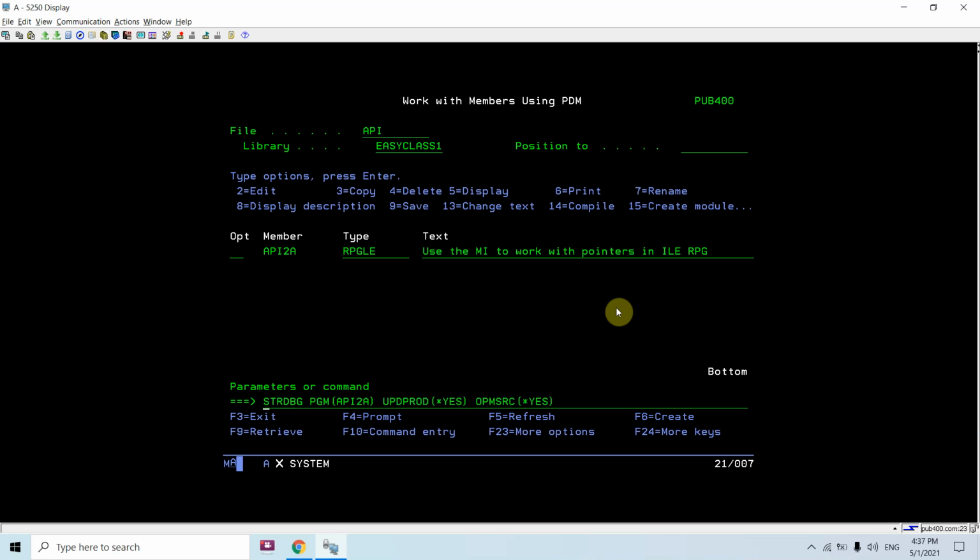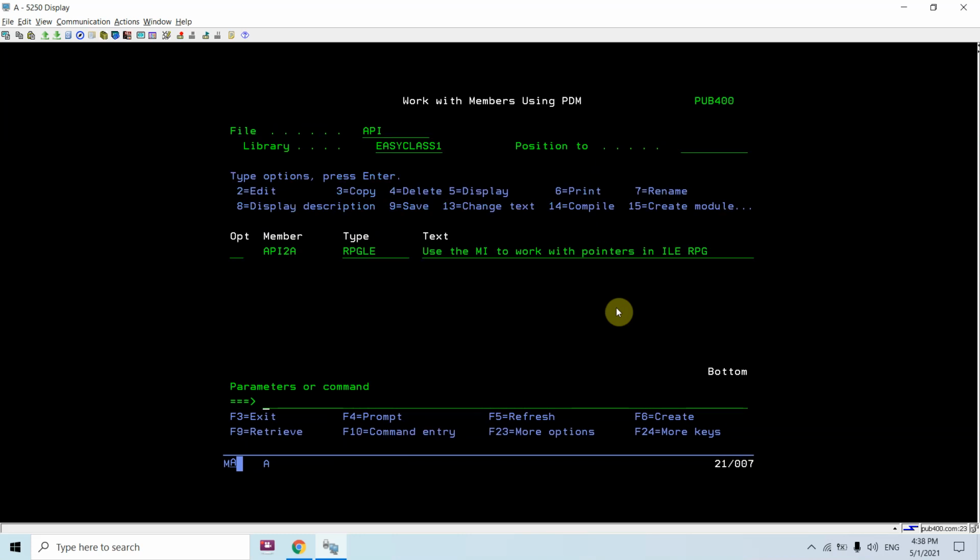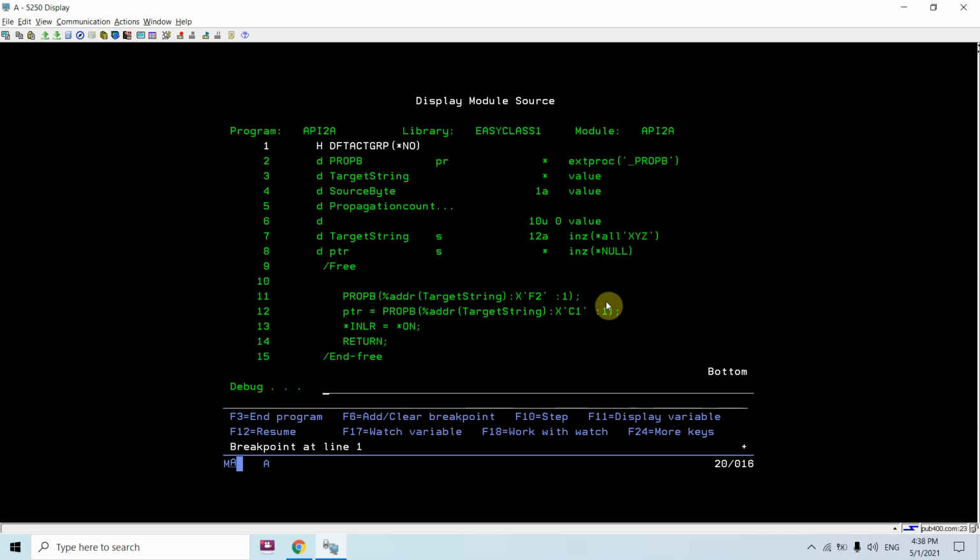Just debug this again. Here space 1, call API 2A.